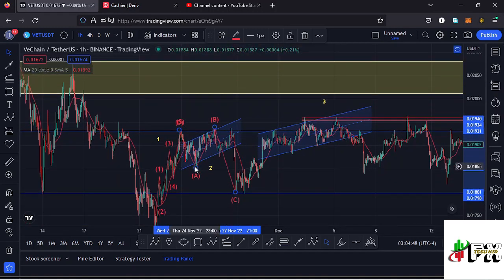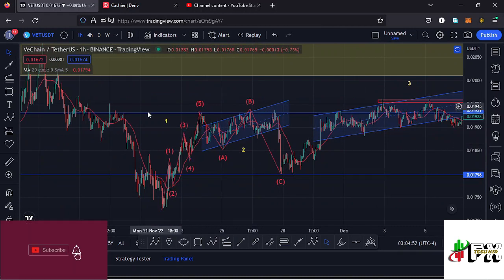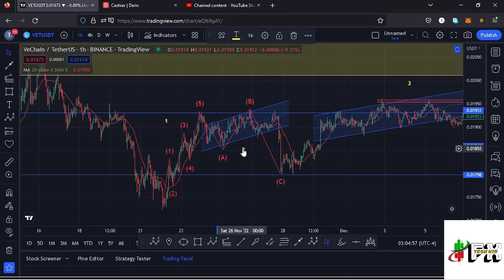And I expected a bit of a retracement to the lower side in the formation of a higher Elliott wave count 2 after seeing the formation of that higher Elliott wave count 1. And because the second wave is a corrective wave, I also expected to see an ABC corrective structure, which we have right here, having the wave C completing the formation of that higher Elliott wave count 2.